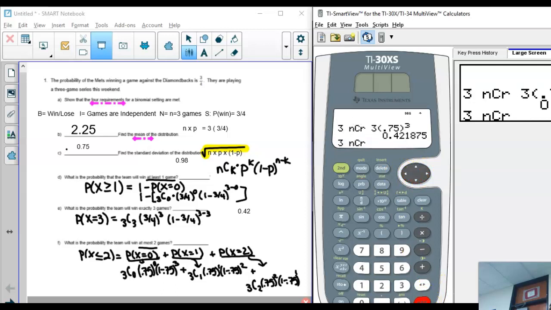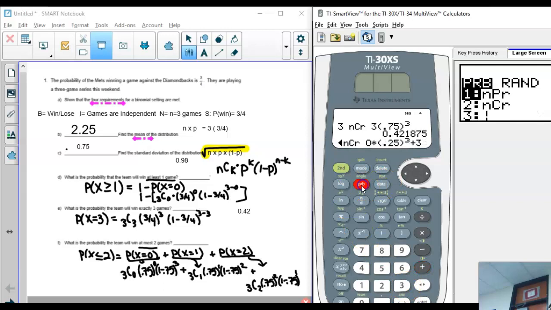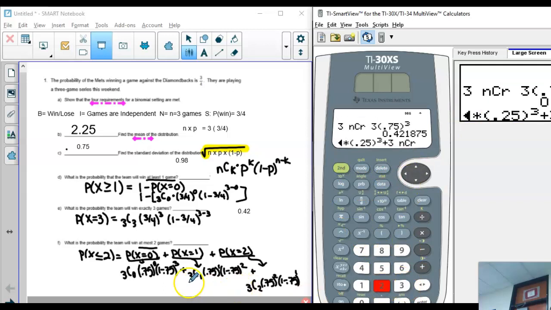3, NCR 0. Now we have 0.75 to the 0th power. So that's 1 right here if you're looking at that. And then I know 1 minus 0.75, well, that's 0.25. And you can put 1 minus in there if you want. To the 3rd power, so that's caret top. So I did it once right here. Now I'm going to arrow over. Plus 3, prob, NCR number 2, and now 1